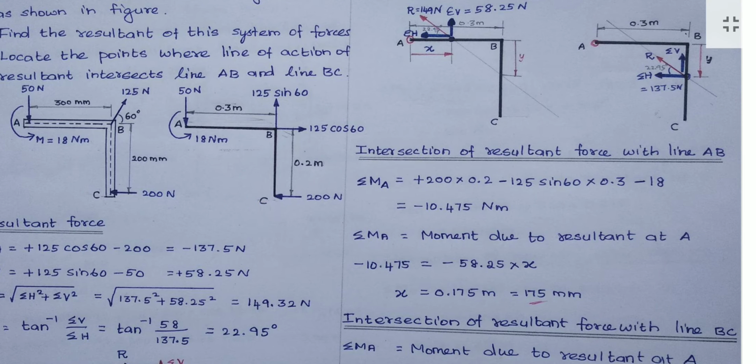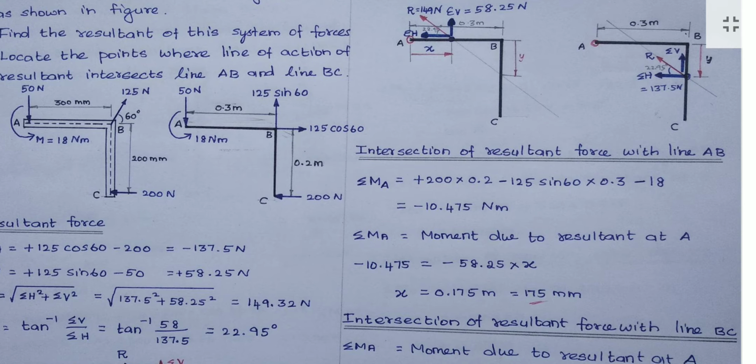The force value is 200 and the perpendicular distance: this is a horizontal force, so perpendicular means the vertical direction. We have to find the distance up to the point A. This distance is 0.2. We find the distance perpendicular to the line of application of the force up to the hinge point, so this is our required distance, 0.2. Okay, then come to the next force.